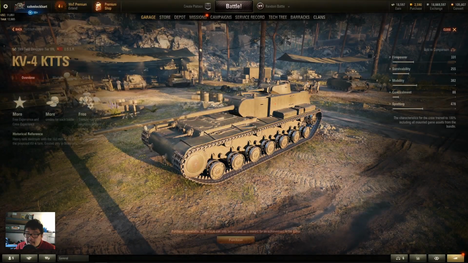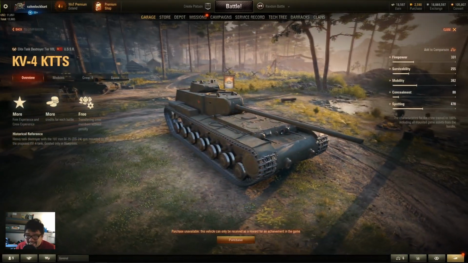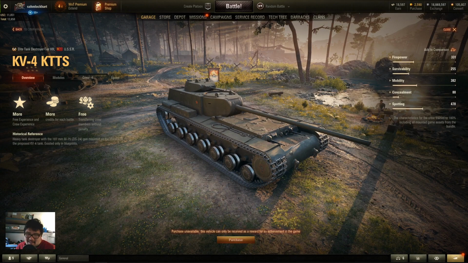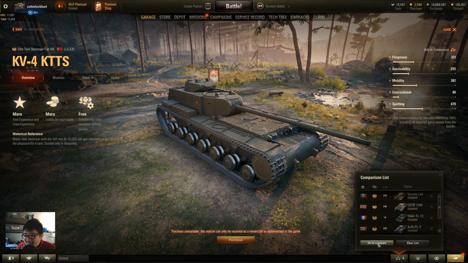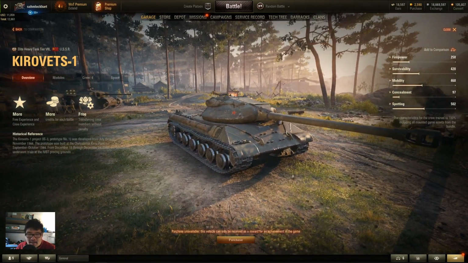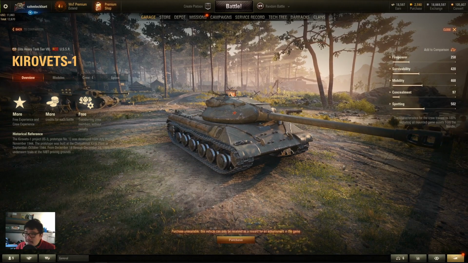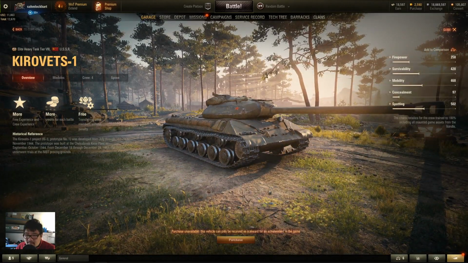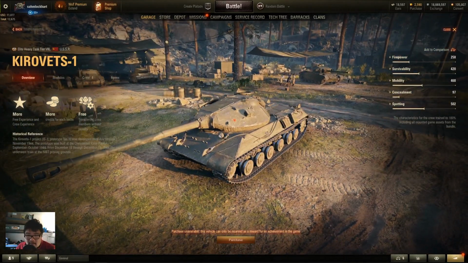So this thing is a rear mounted KV4 basically as a tank destroyer. Why not? I mean, it's an old tank technically. It's been in the game files for forever. Nah. Also the Corvettes one, it's like the Russian version of a 112-ish. So it has very decent armor, but nah, let's not use these because they're in the game files for